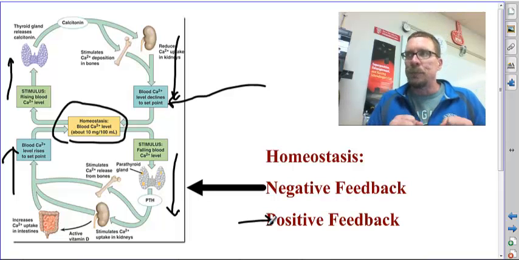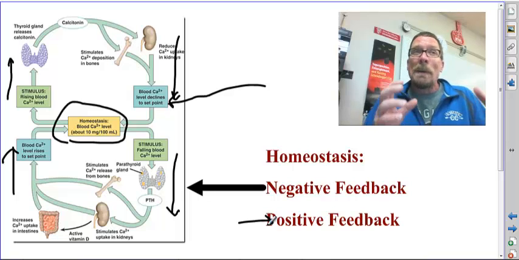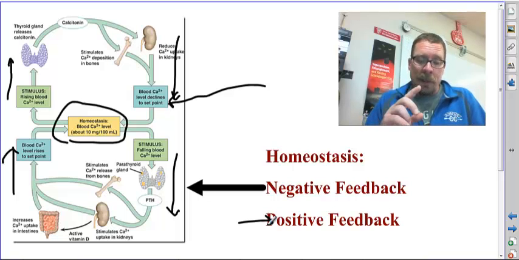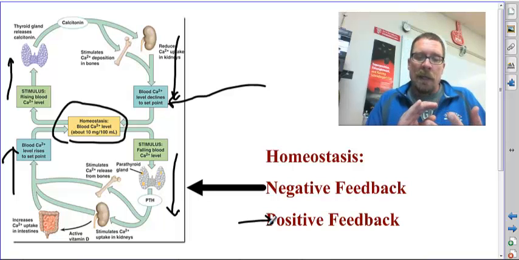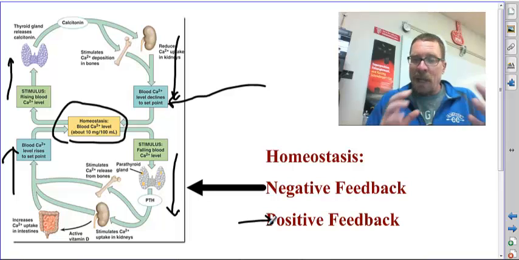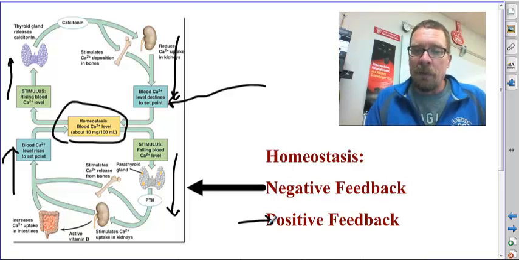When you cut yourself, and it may sound weird, blood rushes to the area. Well, I cut myself, I'm bleeding, I don't want blood rushing to the area. But the blood is what's carrying the immune response, the macrophages and B cells that are there to try and alleviate infection, and all the clotting factors that are going to wall off the area and keep any pathogen that may have come in from invading. So it is a positive feedback mechanism because it enhances bringing blood to the system,